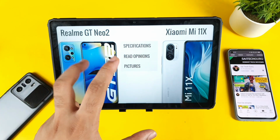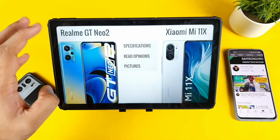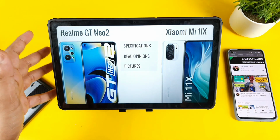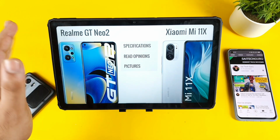So overall for these kinds of differences, is it worth spending extra money? It depends upon the user. If you want more battery backup, you can definitely spend on the Realme GT Neo 2. If you want more 5G bands, you can go for this device. But if you ignore those,